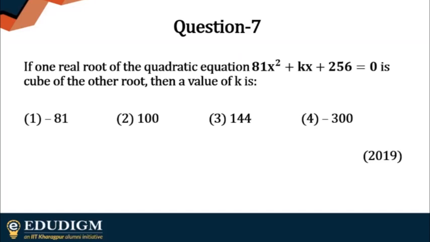It's not very difficult. Just sum and product. Yes. So I see a lot of answers saying option 4, which is minus 300. So just quickly go to the solution and see, because this is very easy. I don't think you will have much problem with this one.